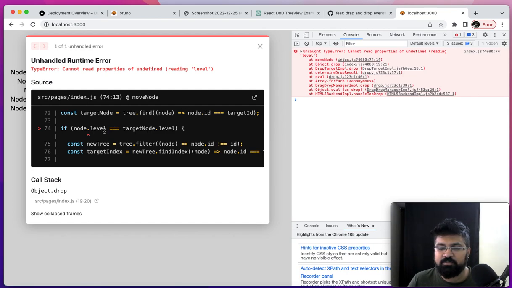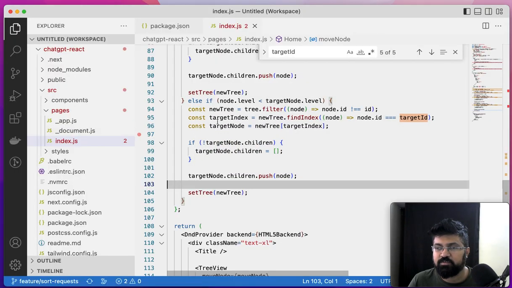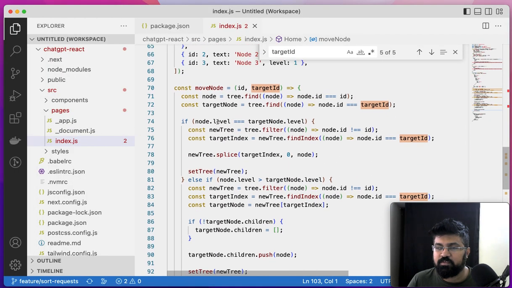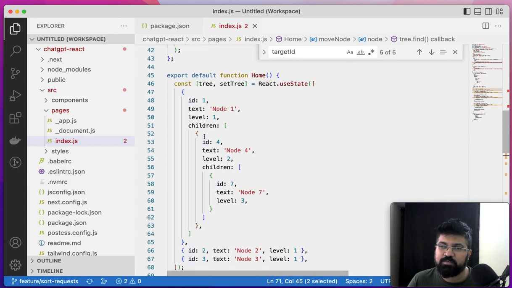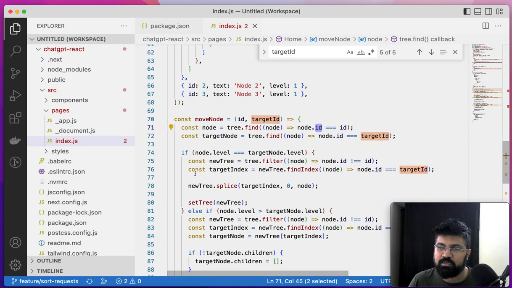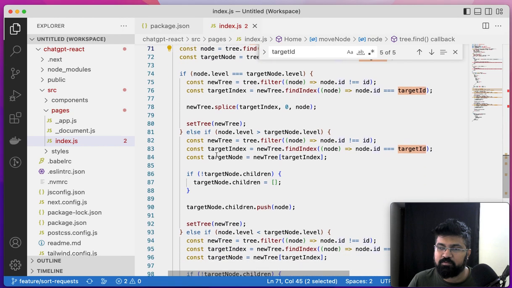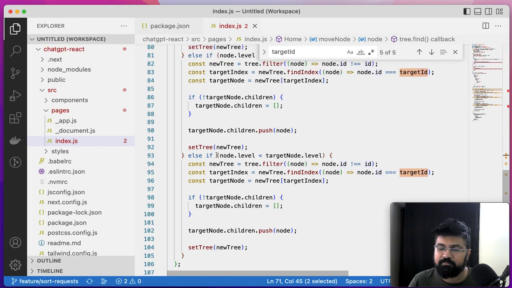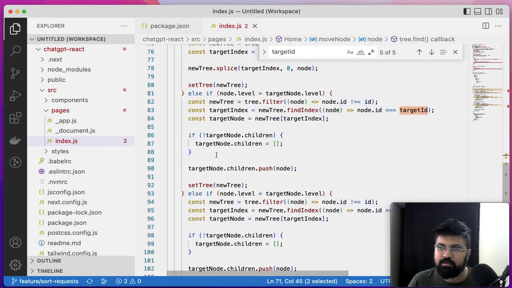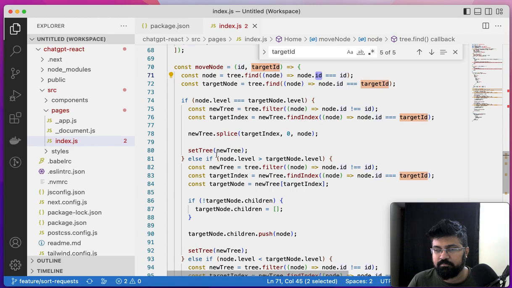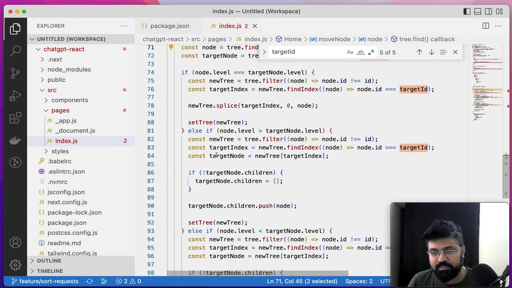It cannot do node dot level of undefined, right? So if it's doing if node, if node tree.find node.id is equal to node.id. All of these examples are not assuming a structure like this. They are assuming a flat structure, right? That's the problem with this. So they basically are flattening the whole tree, but yeah, okay, I was at least not successfully able to